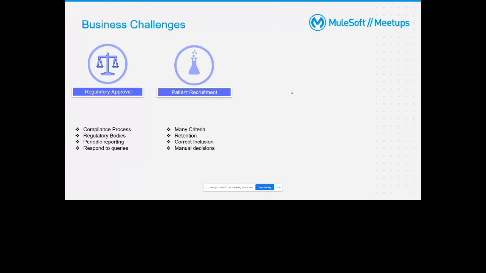And finally, sometimes the trial's start time gets delayed because we don't get patients at the very first. Getting even one patient sometimes becomes very challenging, which I call site activation. Site activation often gets delayed, and that often delays the entire clinical trial process.